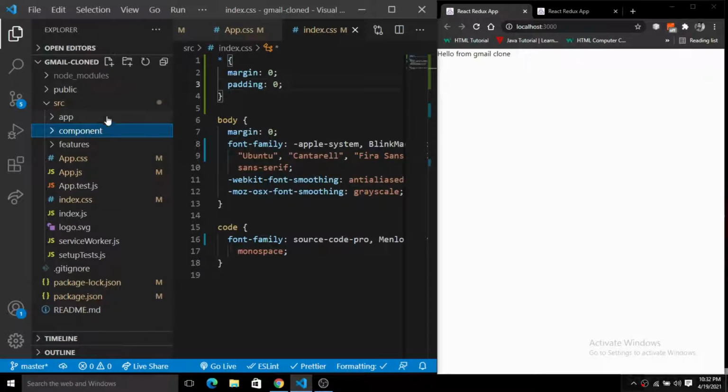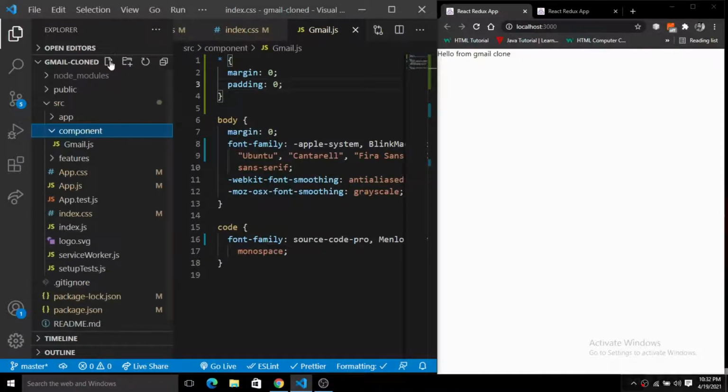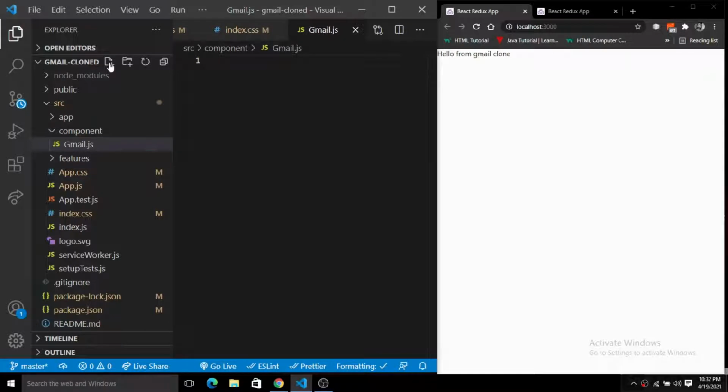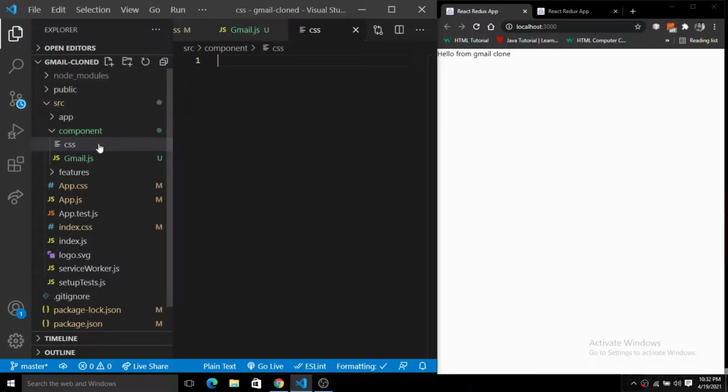So I'm going to create a components folder here, and inside of this we will create another component folder. Inside of this component folder we will create a component named gmail.js, and we will also create a CSS folder inside of this component to style it.